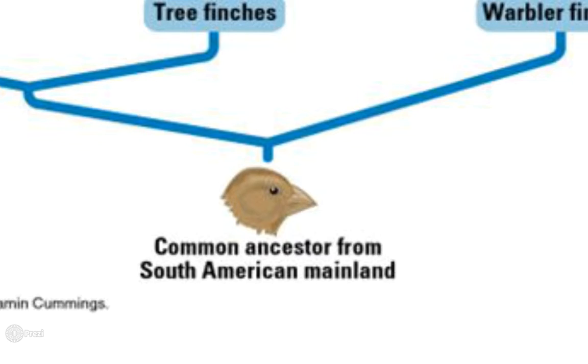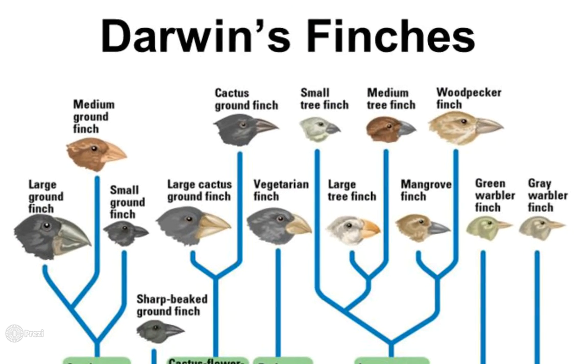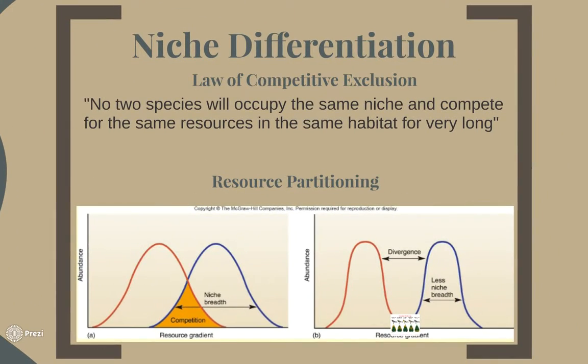So how do you go from this to this? The answer, of course, is natural selection. More precisely, Darwin's finches were created by adaptive radiation. Whenever two populations are competing for resources, natural selection will push the two populations apart in a process known as